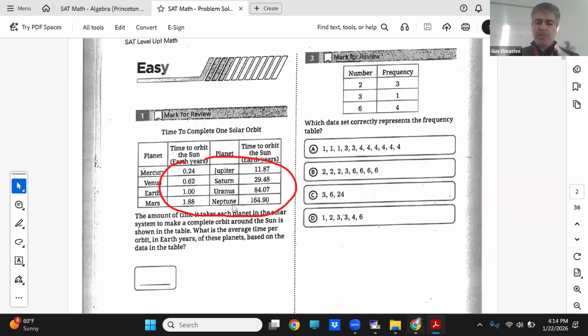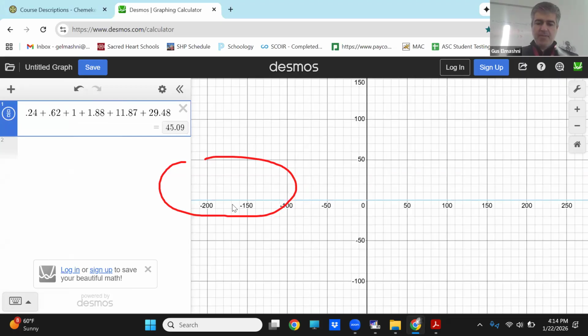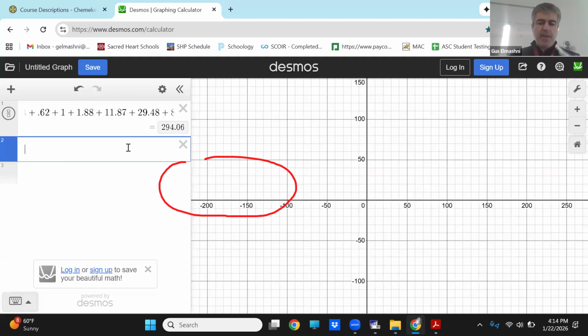So maybe someone wants to read it to me. 0.62, 1, 0.88, 11.87, 29.48, 84.07, and 164.9. And then I gotta divide that by 8. So I get